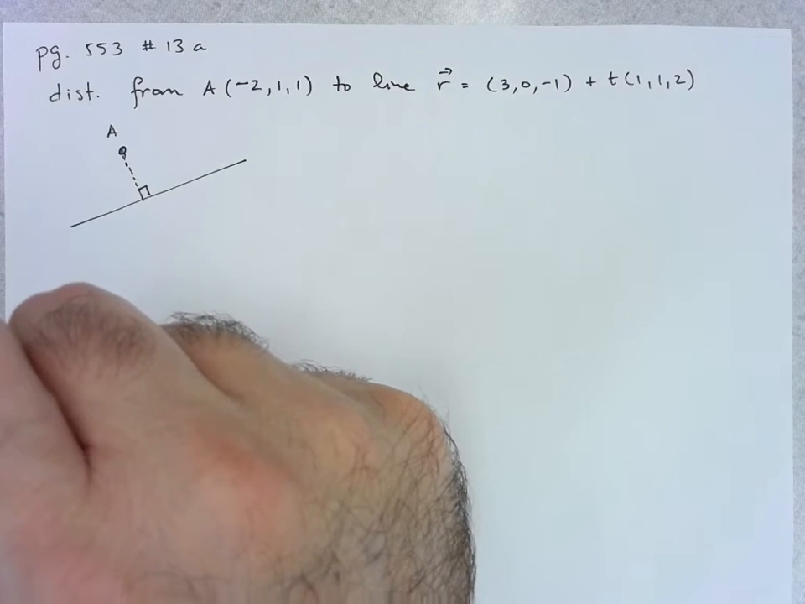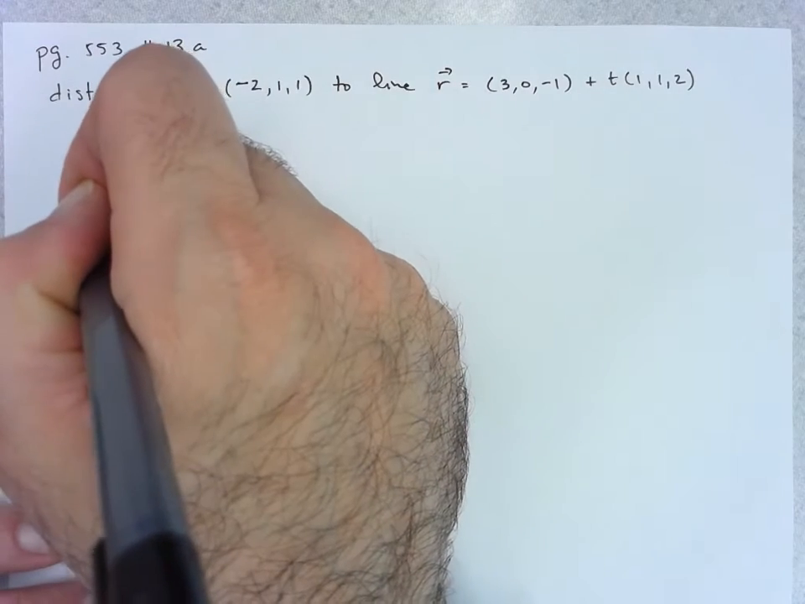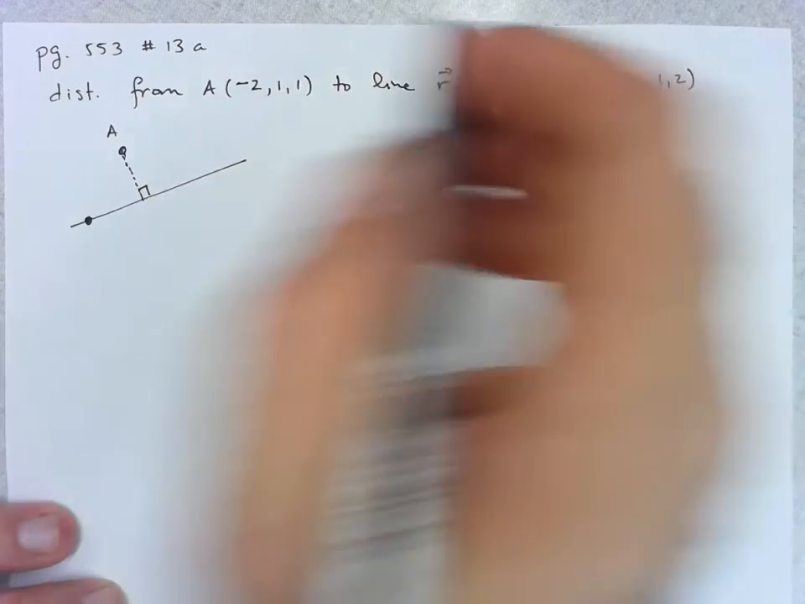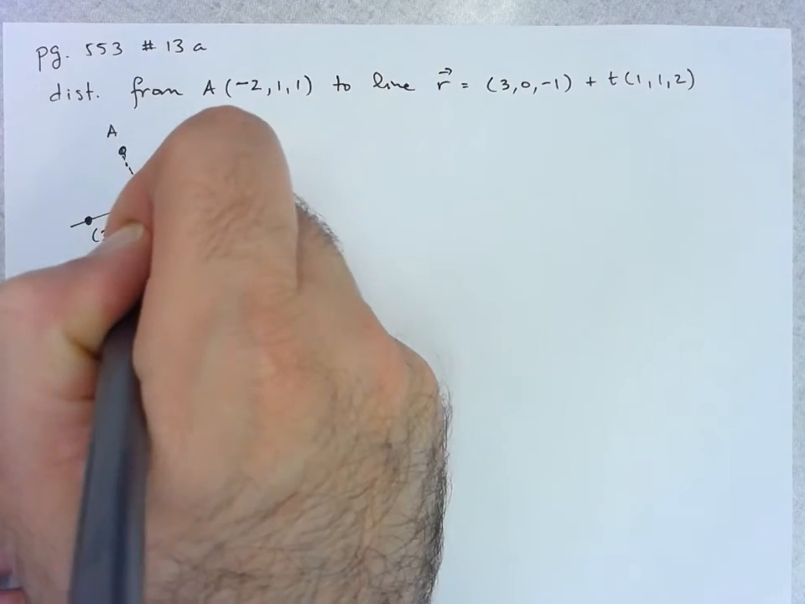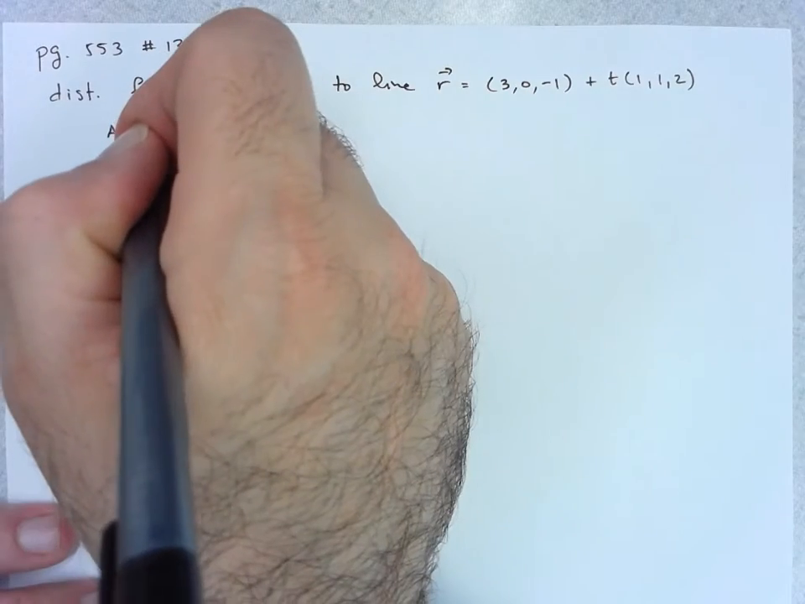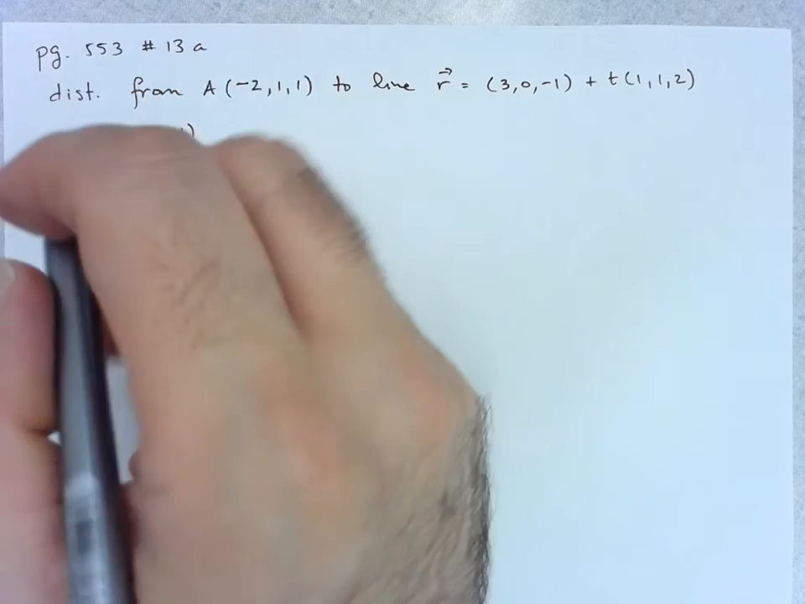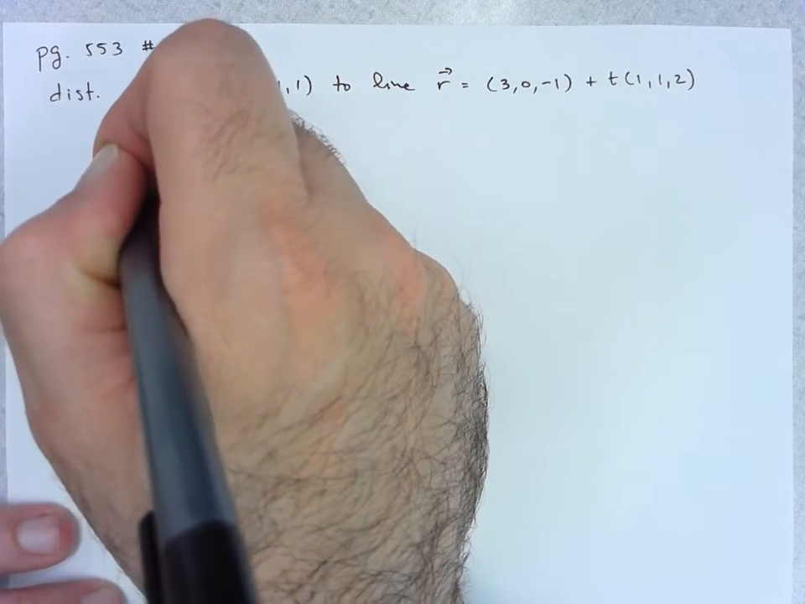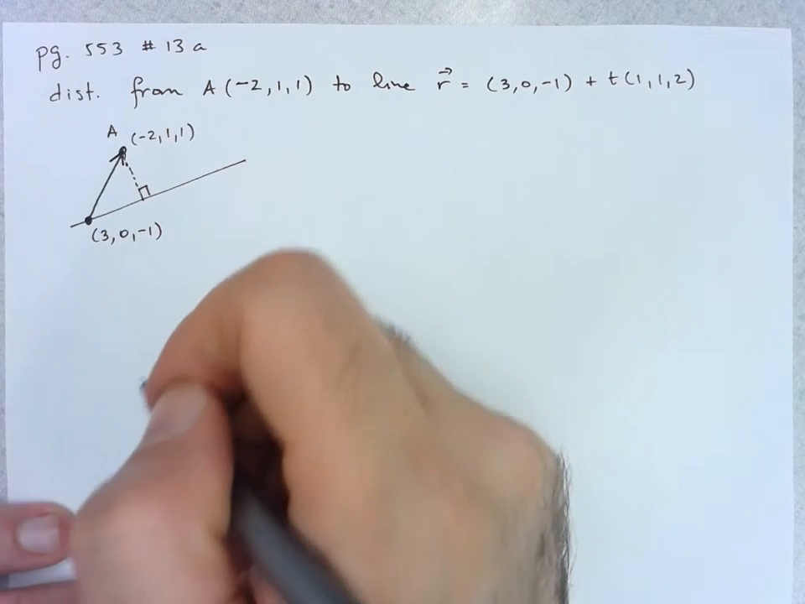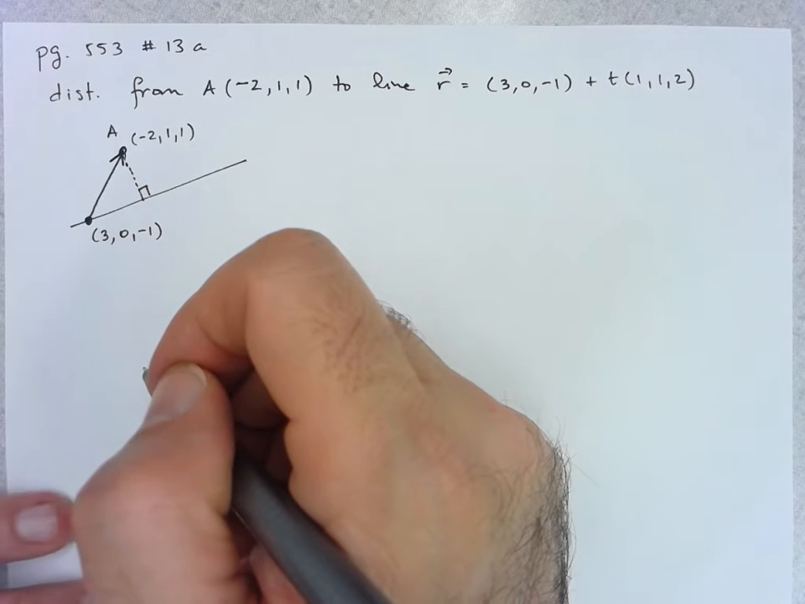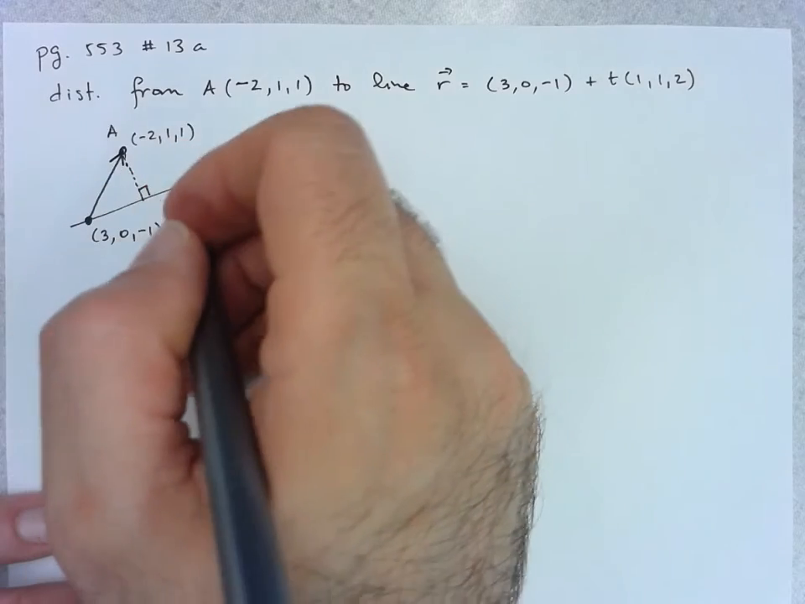And the way we solve this is we took any point on the line. In particular, I might as well take the given point 3, 0, negative 1. This is negative 2, 1, 1. And we created a vector from one point to the other. And then what we did is we said, well, if we take the